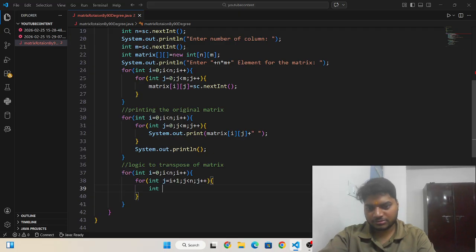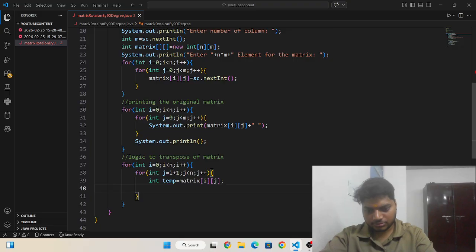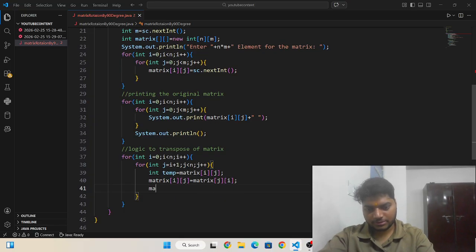And then I need to write the swapping: int temp = matrix[i][j]; matrix[i][j] will be replaced by matrix[j][i],